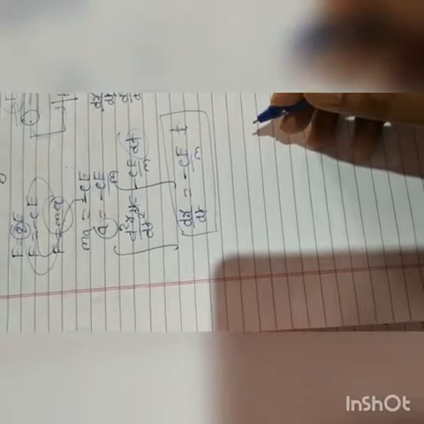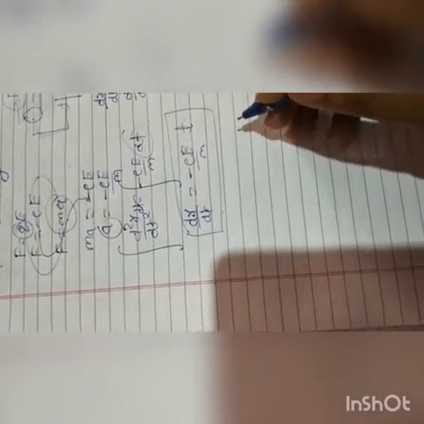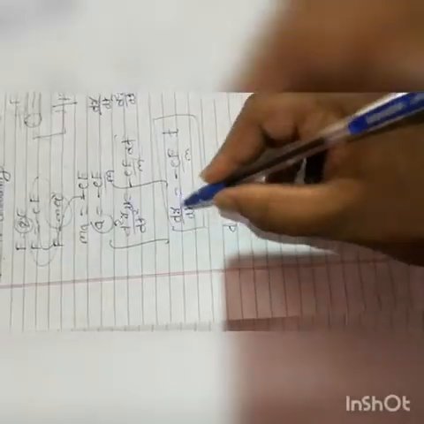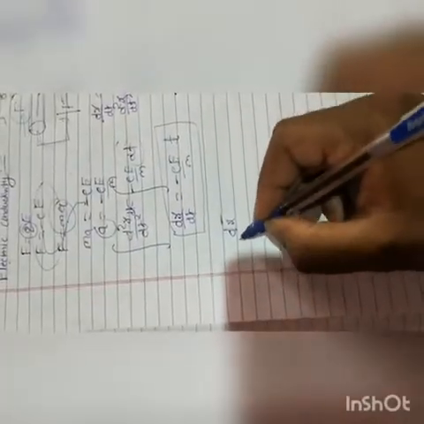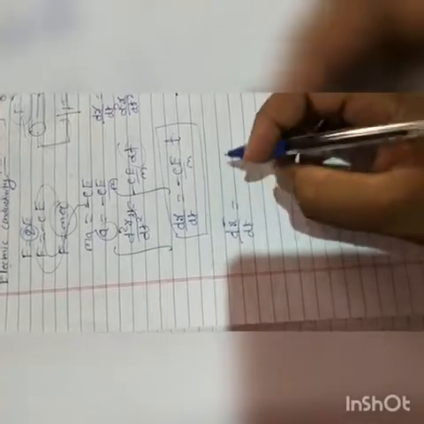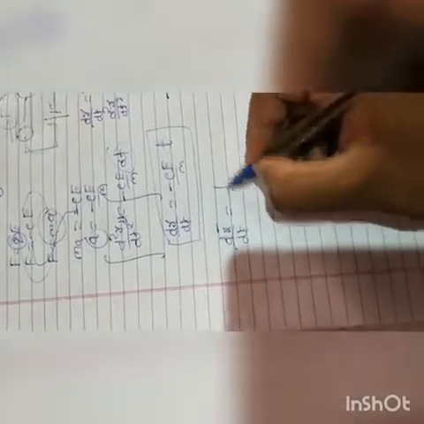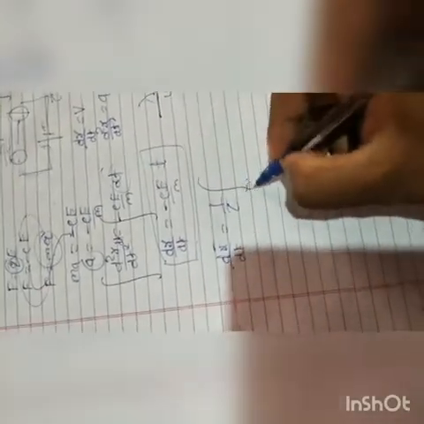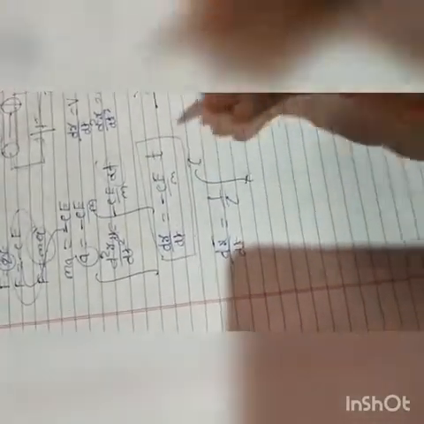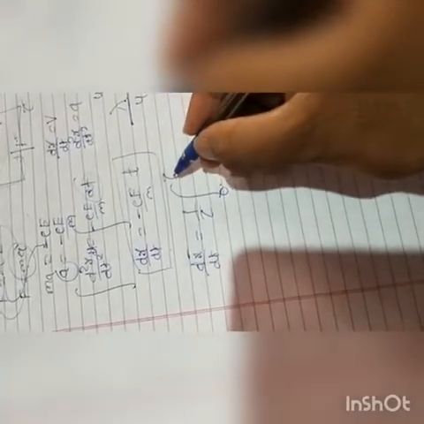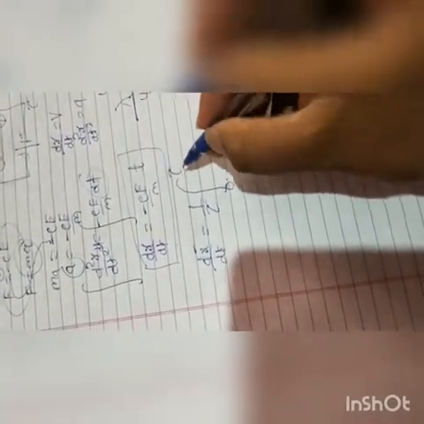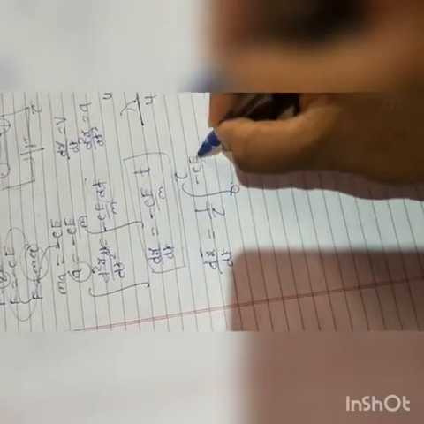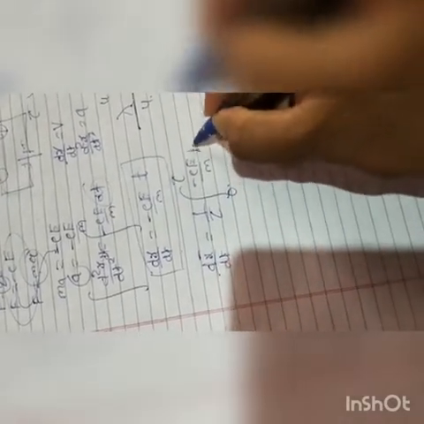Here u is the velocity along the x-axis, the average velocity between two successive collisions. So we can write the average velocity, dx bar divided by dt, is equal to 1 divided by tau times the integration from 0 to tau. We don't know the average velocity, so we integrate minus eE divided by m into t dt from 0 to tau. Here you are going to integrate it.